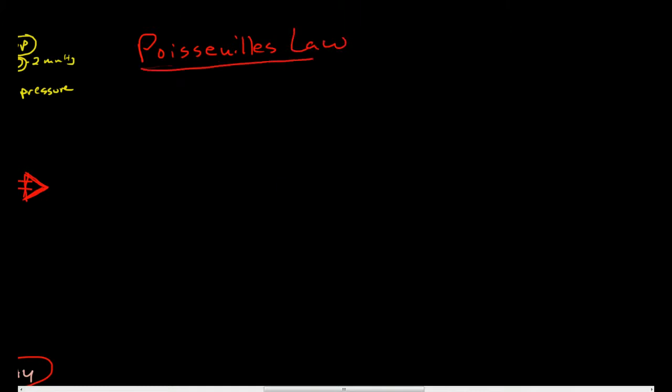Now, Poiseuille's law, if you look it up in a physics article, you will find a formula that looks like this. Delta P equals 8, which is just a constant, times the viscosity of the fluid times the length of the tube times the flow divided by pi times radius to the 4th power. Okay, so we'll talk a little bit about that. Delta P